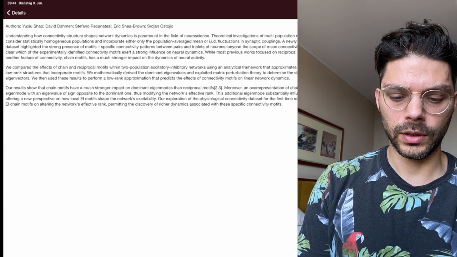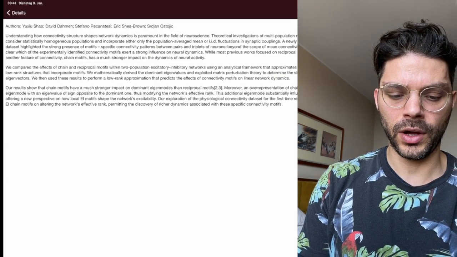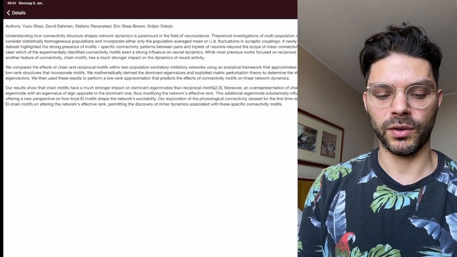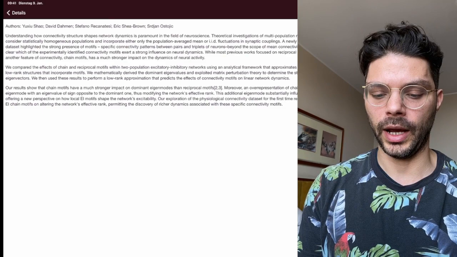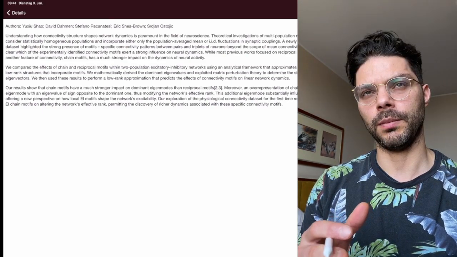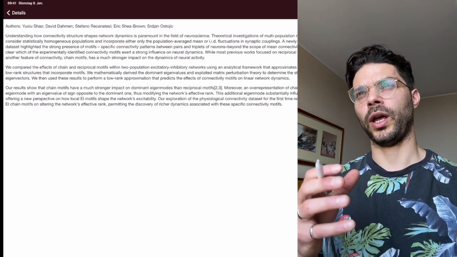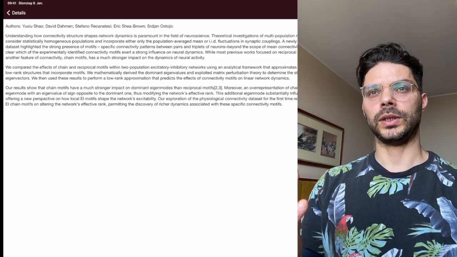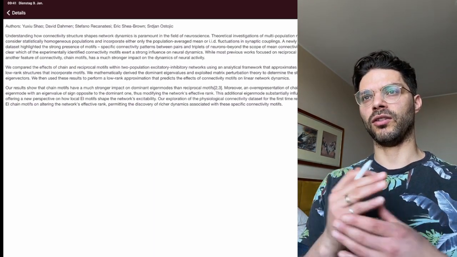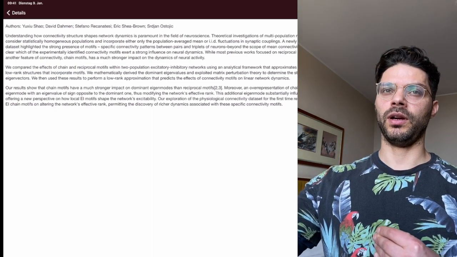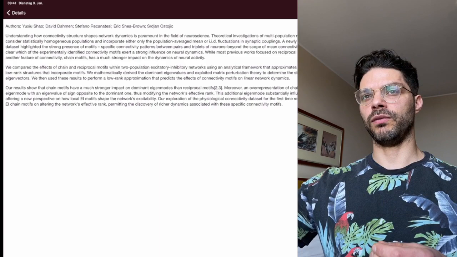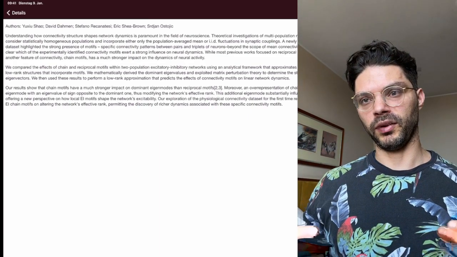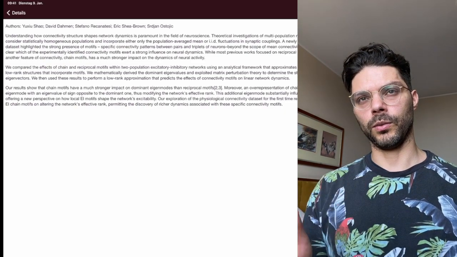Understanding how connectivity structure shapes network dynamics is paramount in the field of neuroscience. This goes back to the themes I was talking about, where we look at computation at the algorithmic level, in terms of computational dynamics. You might need a stable fixed point where the dynamics converge, and on the way some particular manifold setup to make the dynamics go where they need to go.